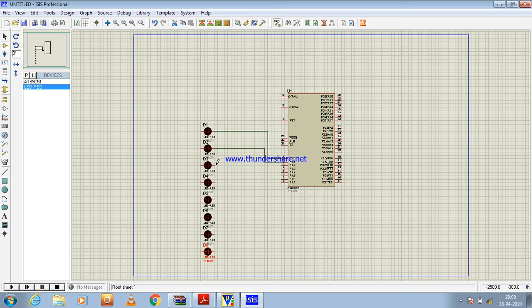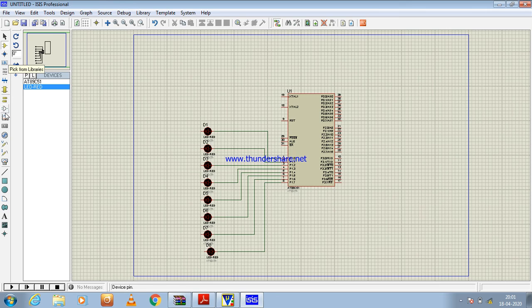Then the second LED, third LED, next LED, next LED, then this.